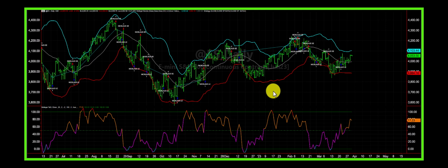Now, this little line down below, and these are Bollinger Bands. Now, we happen to be running a strategy on here, but we're not going to talk about that. But I am going to talk about these Bollinger Bands and also this product of John Bollinger's, called the %B. And as a general rule,